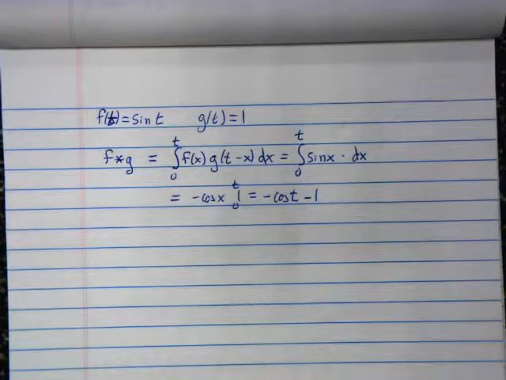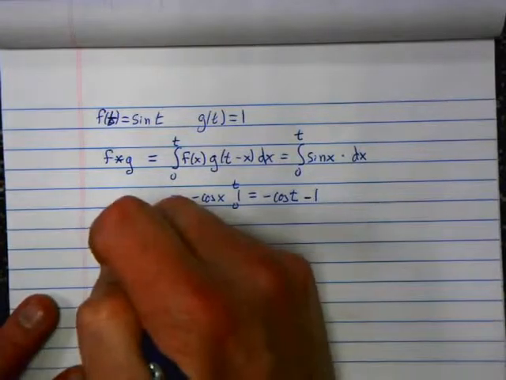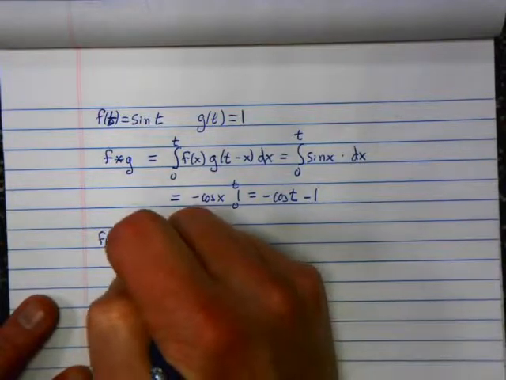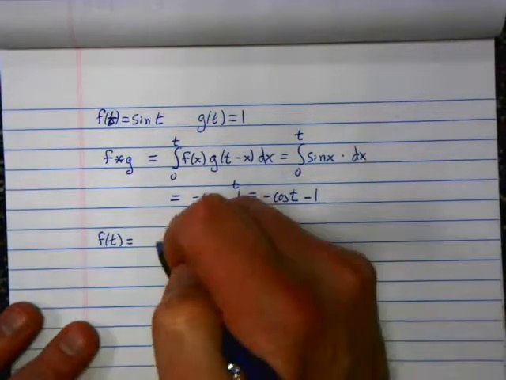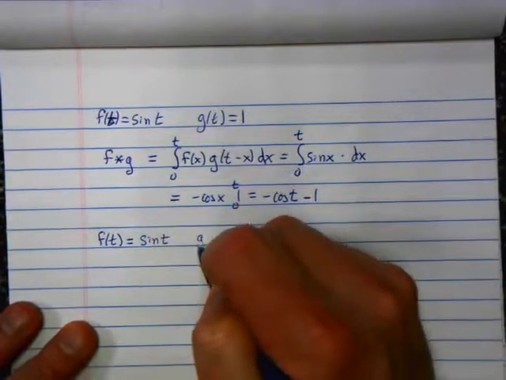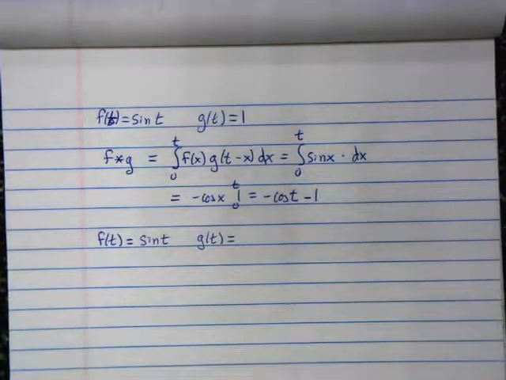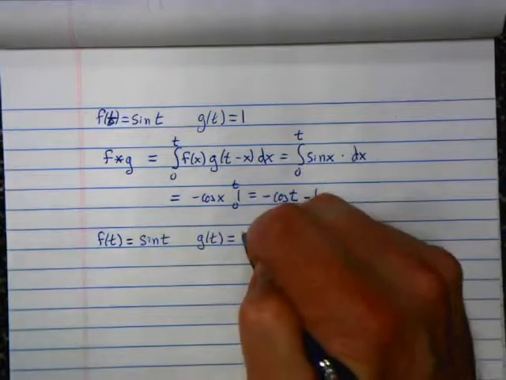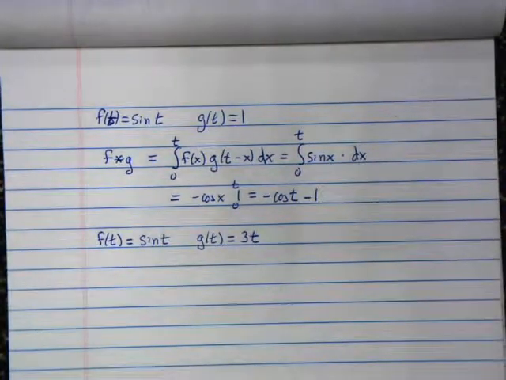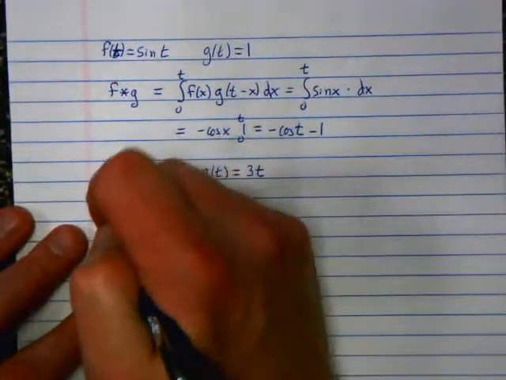So could you do this with the really complicated problems you had? So you want a harder problem? All right. f of t, we'll stick with sine t. Sine t was okay. Give me a function for g of t which is more complicated than just the number 1. Hyperbolic cosine. Can we do like 3t? Yeah, let's not go too crazy to begin with. Let's go with 3t. I like 3t. All right, so this time f star g